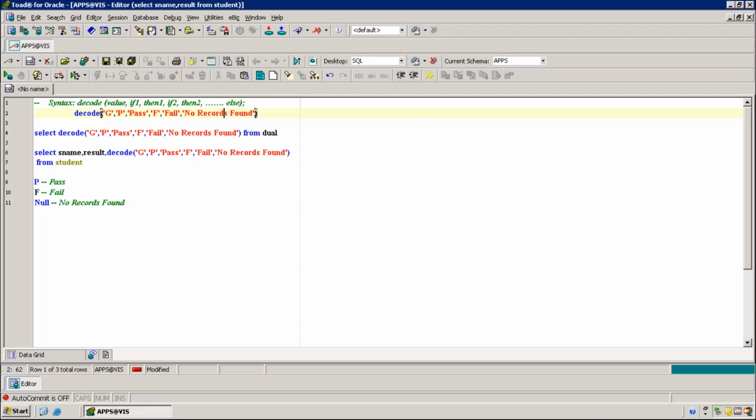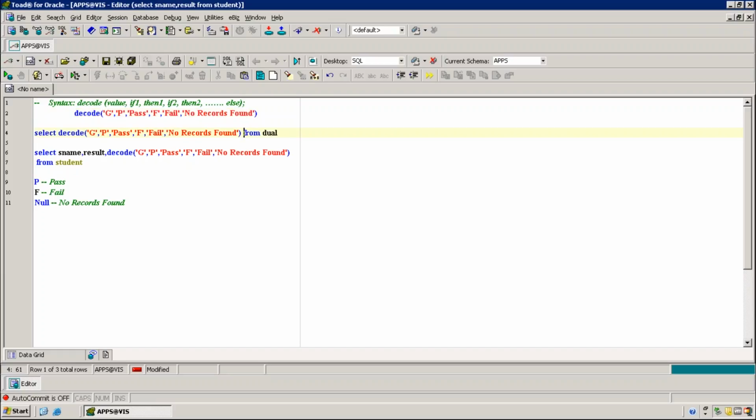Now, how is this condition going to work? What is the value here? If the value matches the first condition, then pass. If this value matches the second condition, second condition means this is F, then fail. If the value does not match either condition, else. Clear? Right.